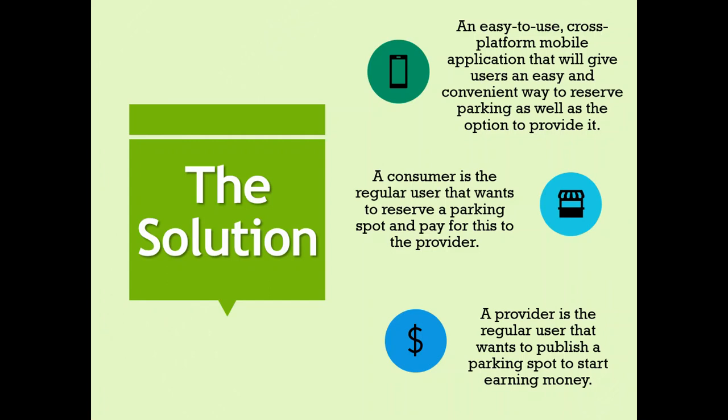So for this situation, we created two users. One is called a consumer and the other one's a provider. A provider is somebody that's providing a spot, a parking space. A consumer is somebody who wants it. So the main focus of this idea is for cases of crowded areas and where there's limited parking spaces. For this kind of transaction that we're making, we're not actually buying a parking spot, but we're buying a service for the other party, which is waiting for us. So this is a reservation service, which is the premise of our application.